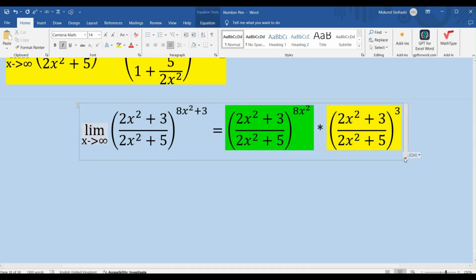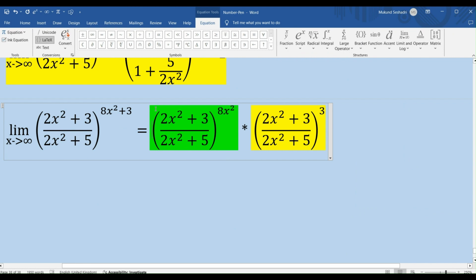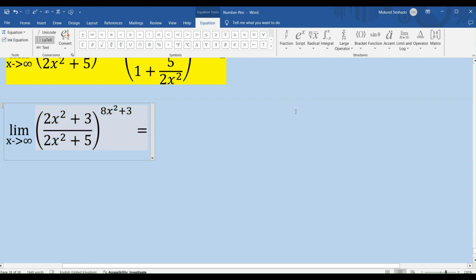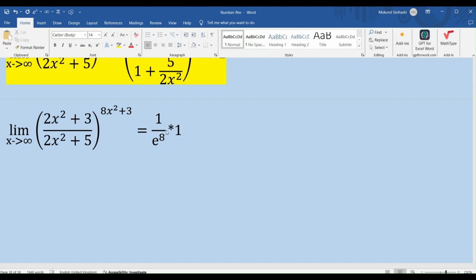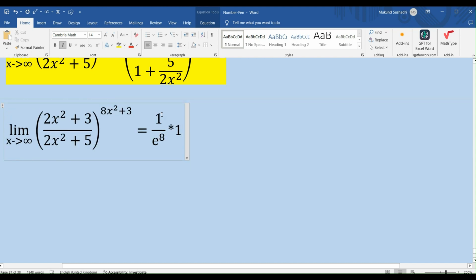Limit of this expression will be 1 divided by e to the power 8, which is the answer for the first part, into 1, which is the answer for the second part, right? Which is 1 divided by e to the power 8 is the final answer for this expression,